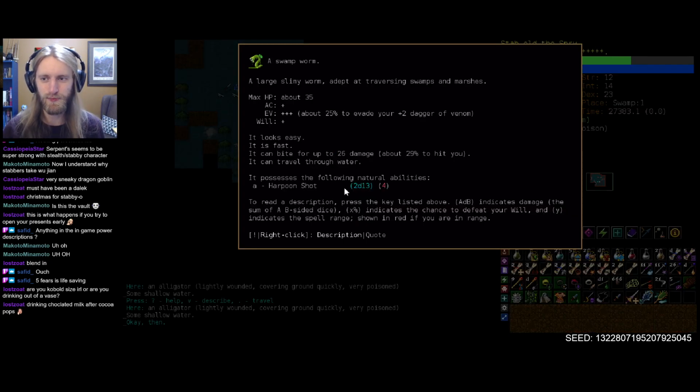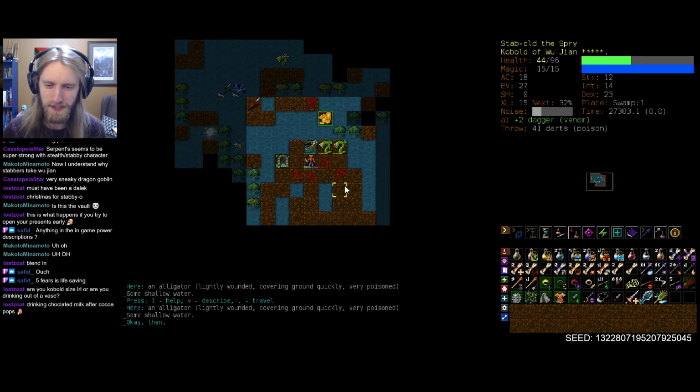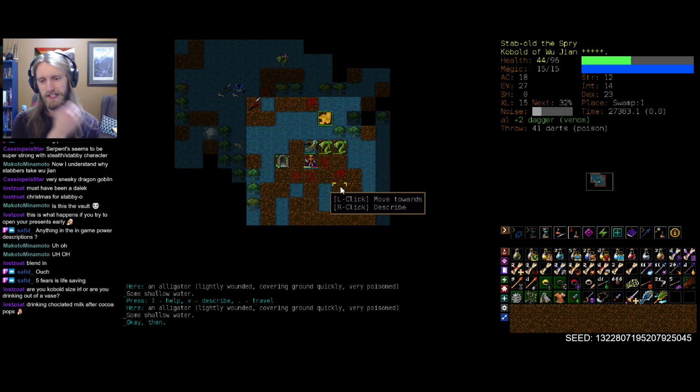Turns out, we may not actually be as ready for Swamp as I was hoping. This is why we dip our toes in. Take this little bit of a scouting trip just to double check on that exact fact. And it's not looking great. We should have used Kiari probably against the alligator and just kept out of their range. A bit hard with the harpoons being shot out from the swamp worms, but